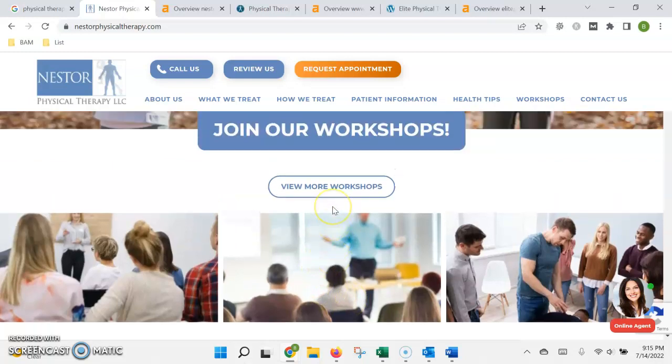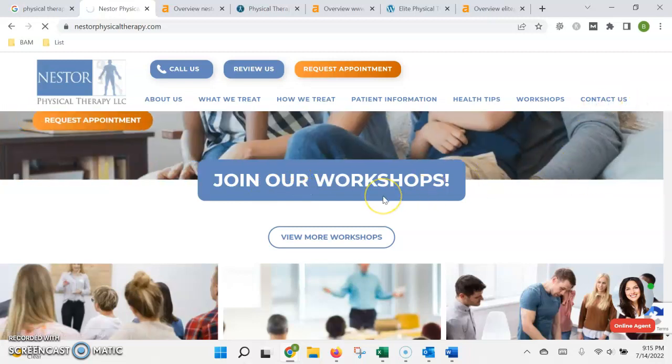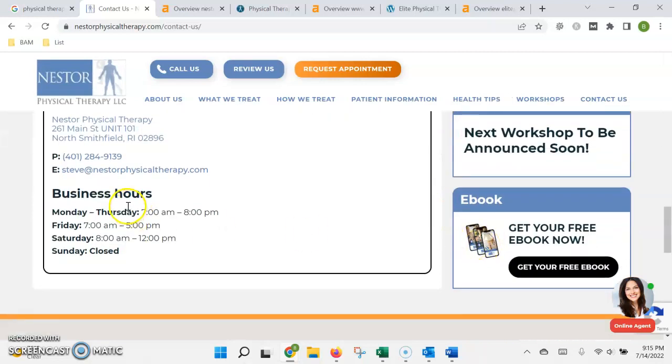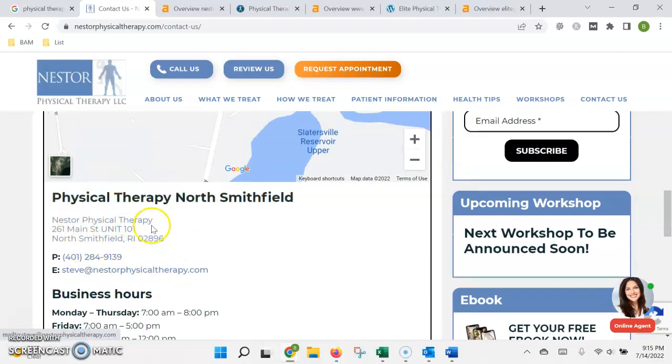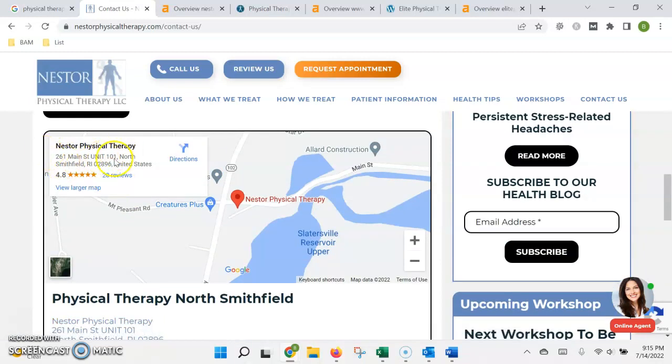basically a popularity contest. The two ways to build authority are through getting what's called a citation, which is any kind of online listing or directory that has your name, address, and phone number. Those are going to be sites like Yelp, Yellow Pages, Better Business Bureau. The good news about those is they're usually free to be listed in. It just takes some time to find them, register, and then input all your information exactly the same way it's